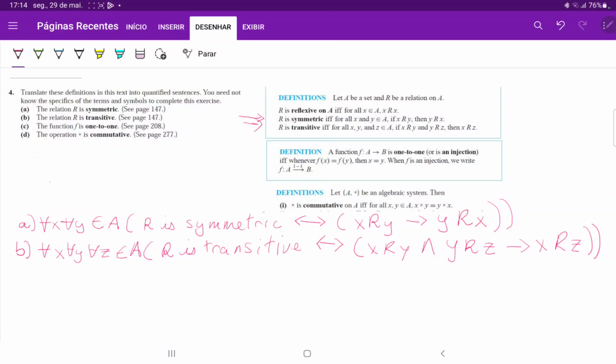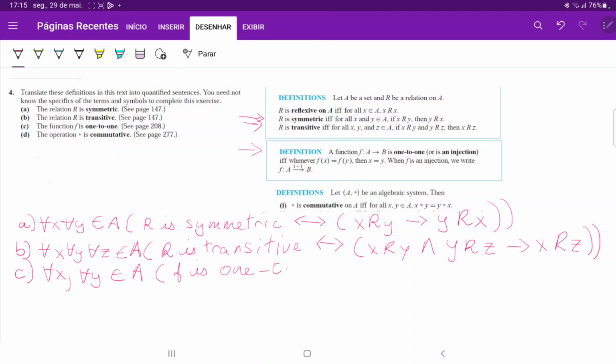So for C, we have the definition of one-to-one. So let's see, we're over here, and then we're saying a function f from A to B is one-to-one if and only if, whenever f of x equals f of y, then x is equal to y. So here, we're not saying there exists, but we're saying for all, right? So we're saying for all x and for all y belonging to A, we're going to say that f is